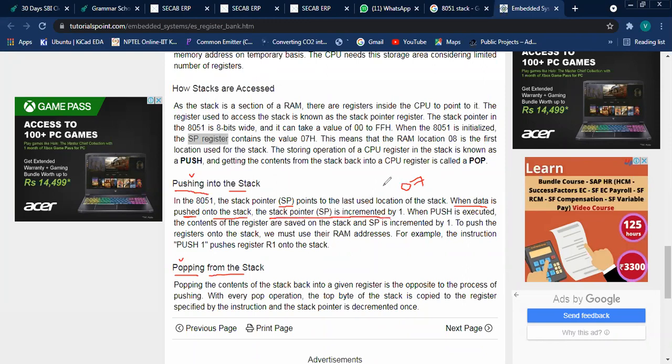The stack pointer value is 07. So whenever a push instruction occurs, what will it do? First it will increment